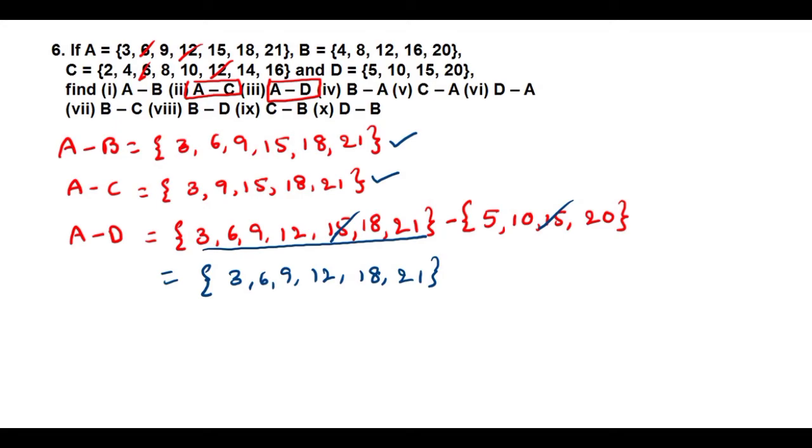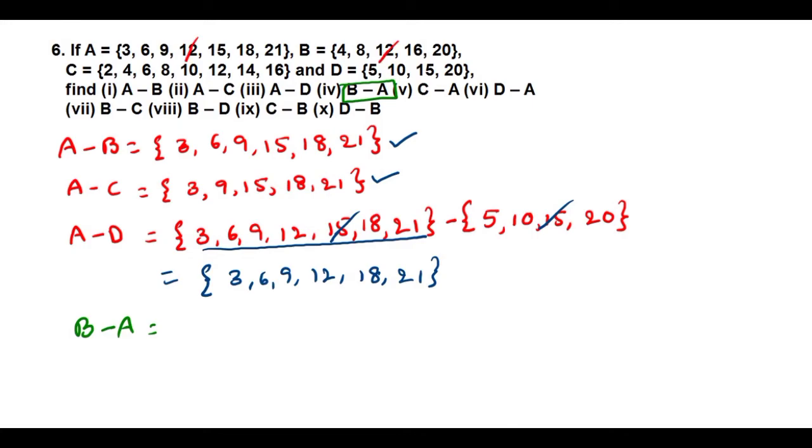Okay. So in the same way, you can complete the remaining problems. Okay. One more I will show you how to do that. That is, I am going to take B minus A. B minus A. Okay. This one. B minus A mean. So we cancel the element from set B and set A, the common element. What is B and A common element here? That is 12.